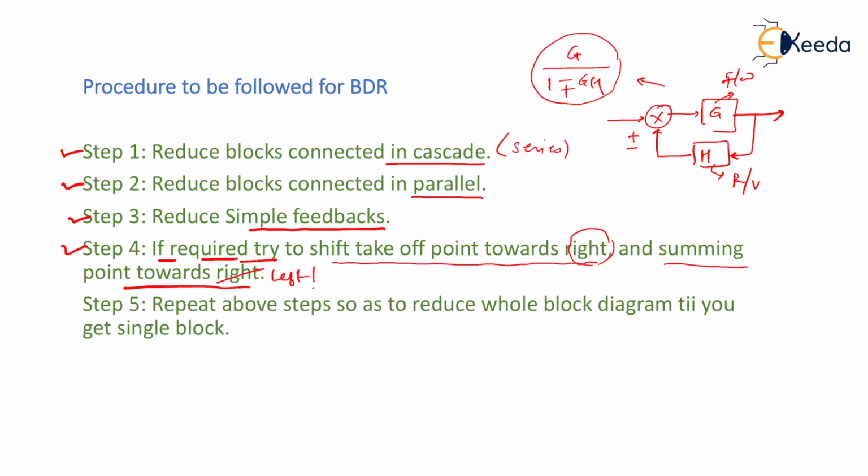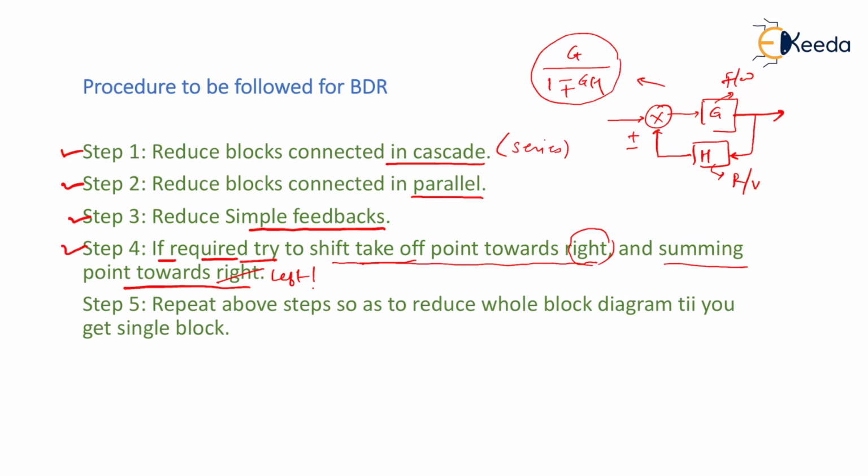Why is it so? Very simple. Understand their purposes. What is the job of a summing point? Your answer must be to add inputs. Okay, fine. If you want to add inputs, where do inputs reside, to the left or to the right of the system? We generally draw our inputs to the left and outputs to the right. So where do you draw your inputs? Of course, to the left. Then where should summing points logically be? The answer is summing points should logically be on the left hand side, because it simplifies your block diagram, right? So if required, try to shift summing point to the left but takeoff point towards right.